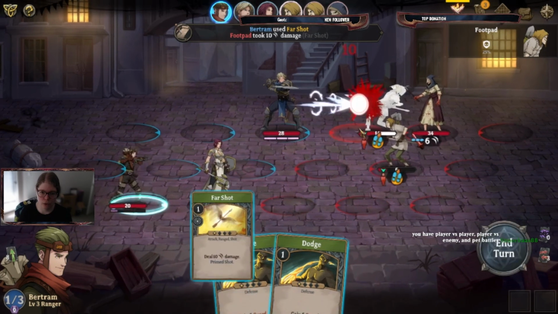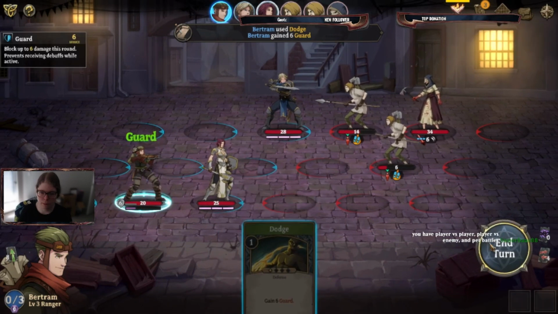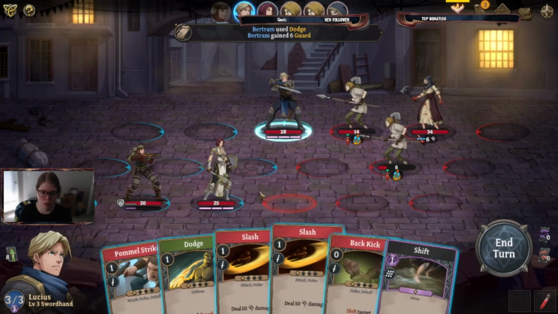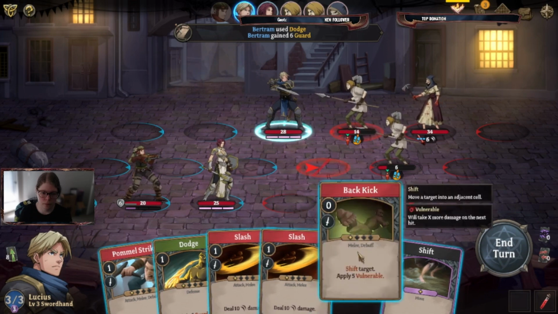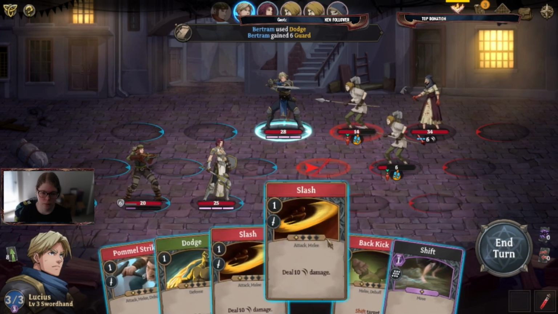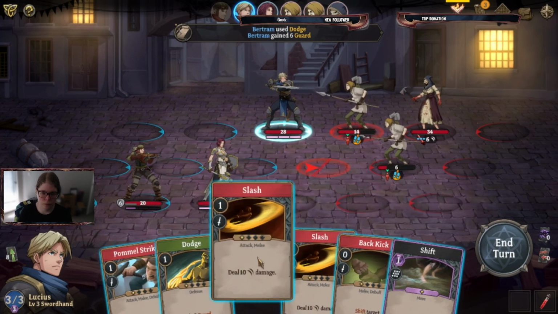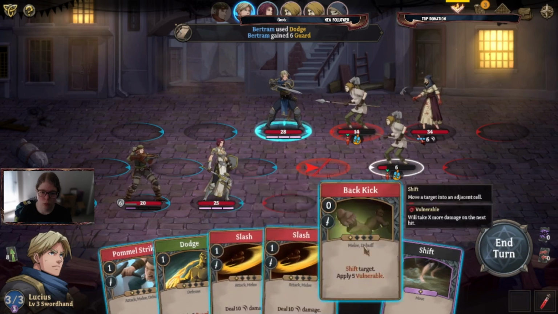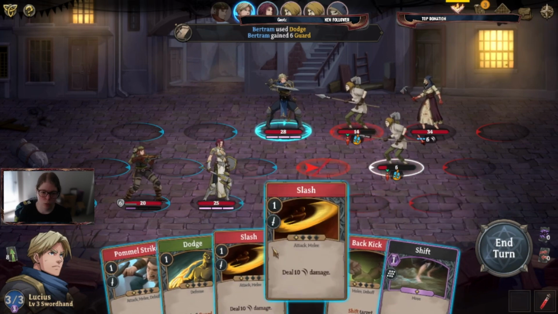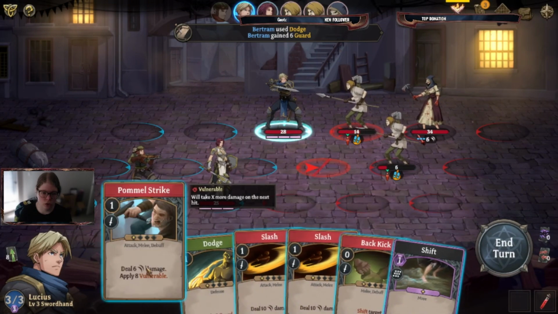So I'm gonna try and take out the front guys, and put some guard on myself, because why not? Okay. Oh! It won't allow me to attack that one, it would appear. Okay. In that case...